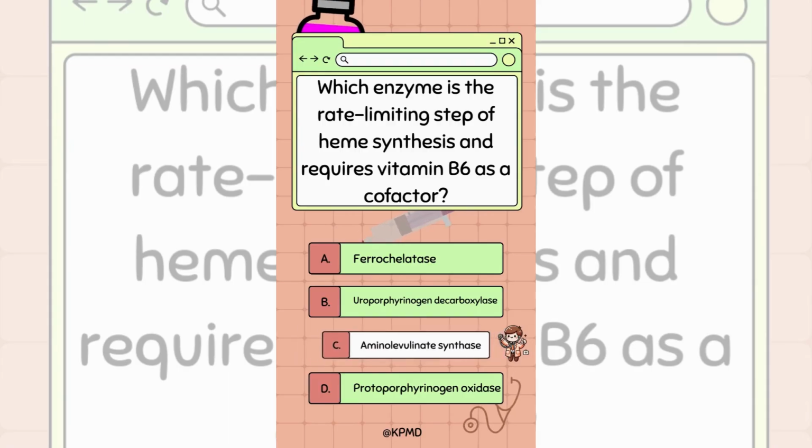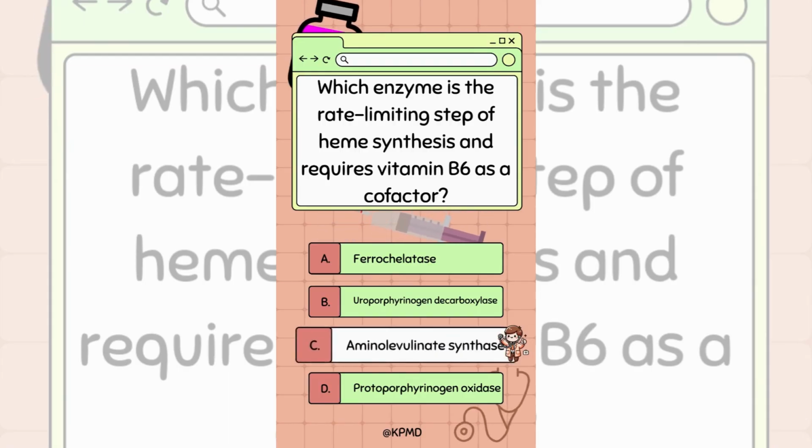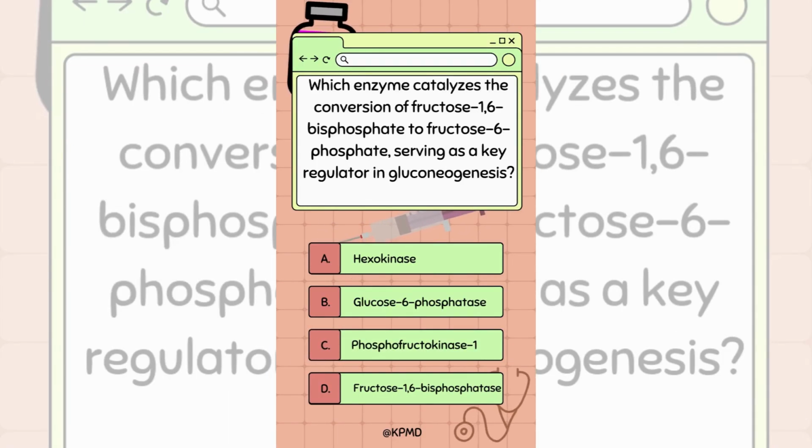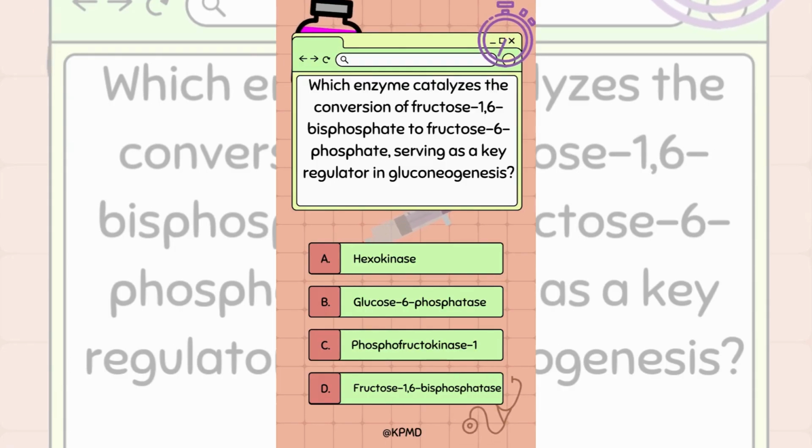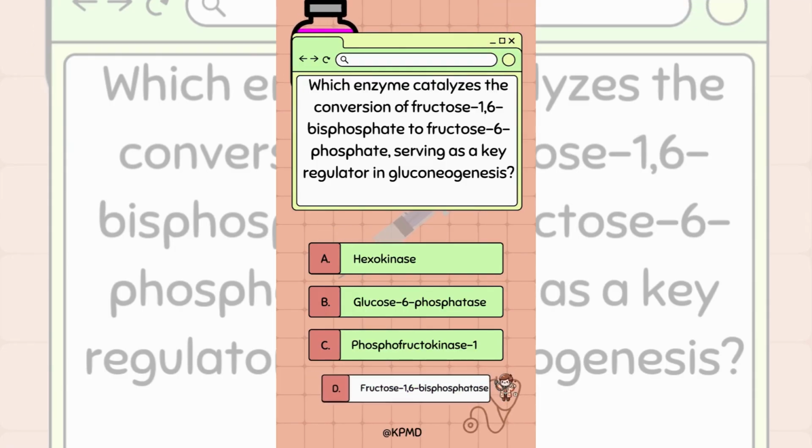It's C. Aminolevulinate synthase. Which enzyme catalyzes the conversion of fructose 1,6-bisphosphate to fructose 6-phosphate, serving as a key regulator in gluconeogenesis? It's D. Fructose